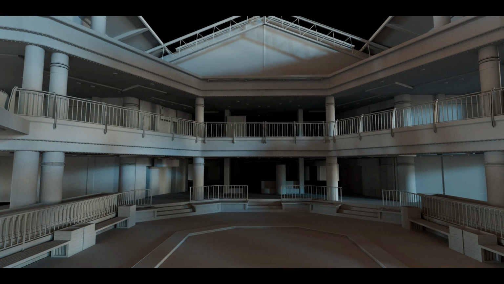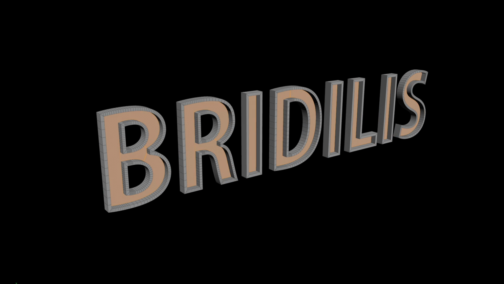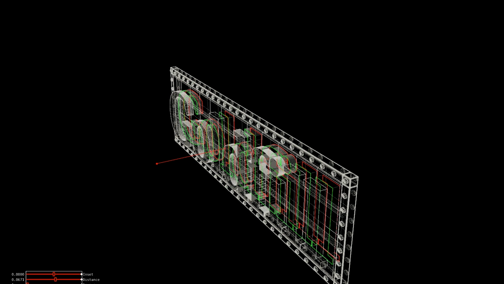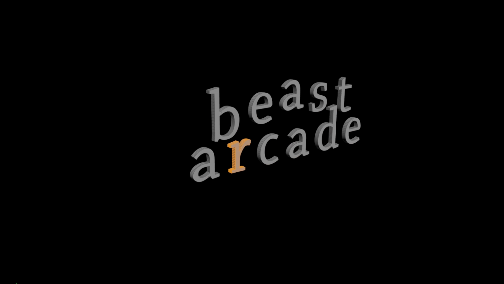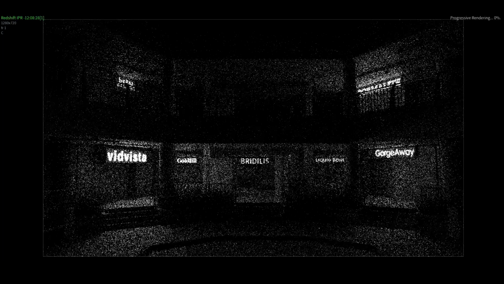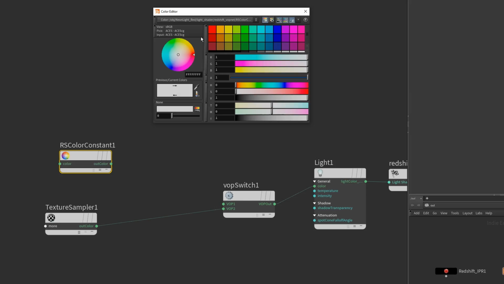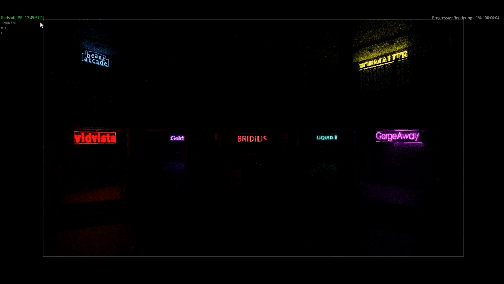The mall looks nice, but it lacks neon lights. I didn't want to use any real brands for the shot, so I used a bunch of made up names for the signage. Seeing these ridiculously cool signs, I very much understand if you get the strong urge to pick up a VHS tape from VidVista or play the latest and greatest 8-bit games at Beast Arcade. Lighting up the place with neon signs in every color you can think of certainly adds a ton of atmosphere.